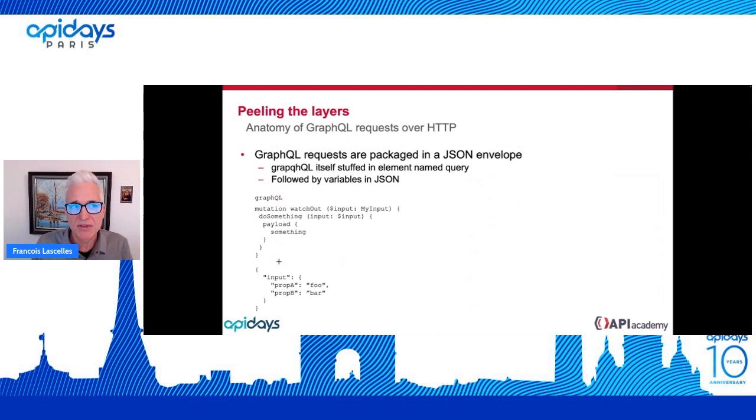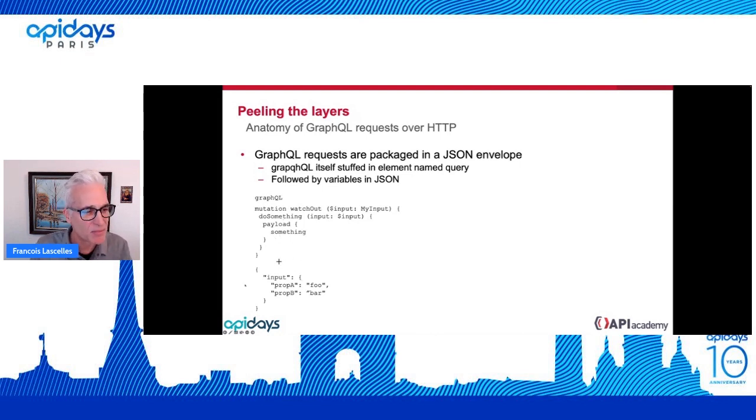So let's peel the layers here and look at the anatomy of a GraphQL request over HTTP. GraphQL requests are packaged in a JSON envelope. So it comes to the GraphQL API as an HTTP POST with an application/JSON content type. And so here on the left side, you're seeing the GraphQL syntax. So this is a GraphQL mutation named watch out, and you're referring to some inputs and you're specifying what you